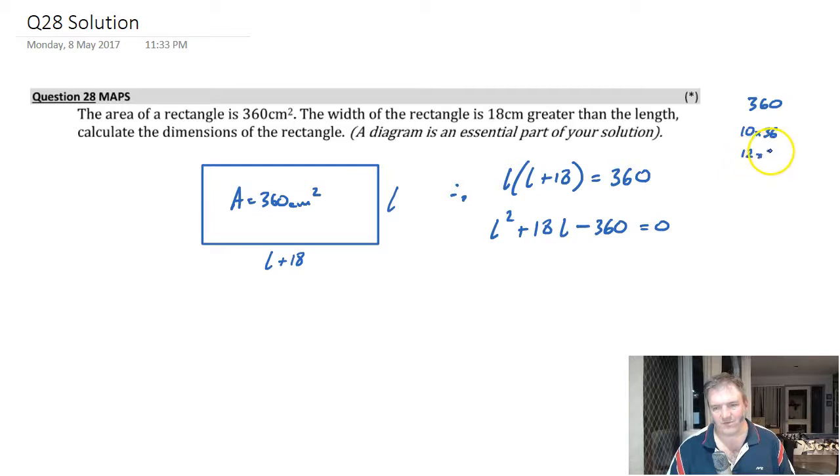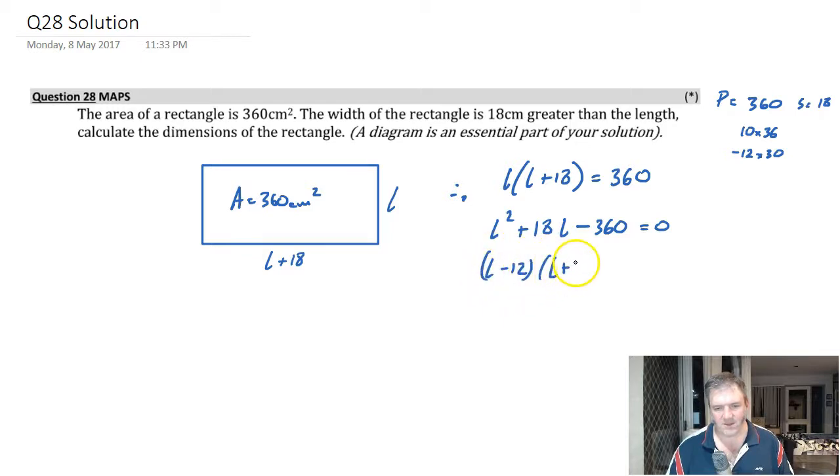What about 12 by 30? Three 12s are 36. 12 by 30. They're 18 apart. That will work when the answer's got to be negative. I've got to end up with positive 18, so it must be negative 12 and 30 that are the two numbers that multiply to negative 360 and have a sum of 18. So this is equivalent to L minus 12,